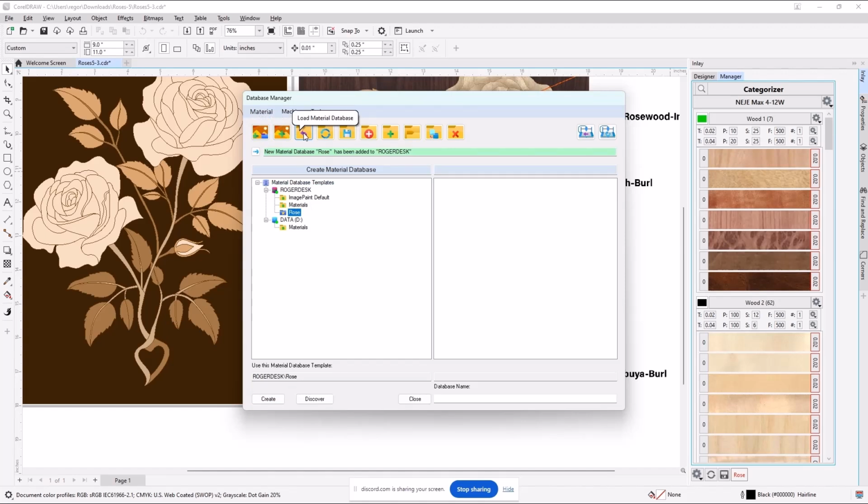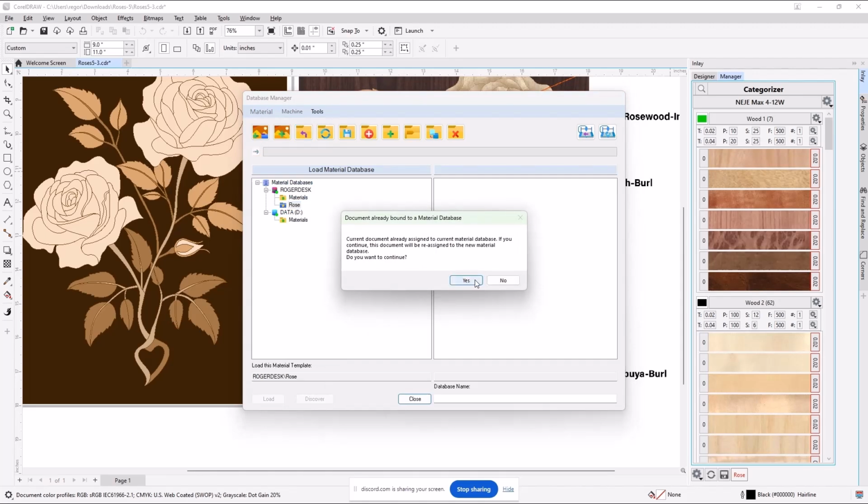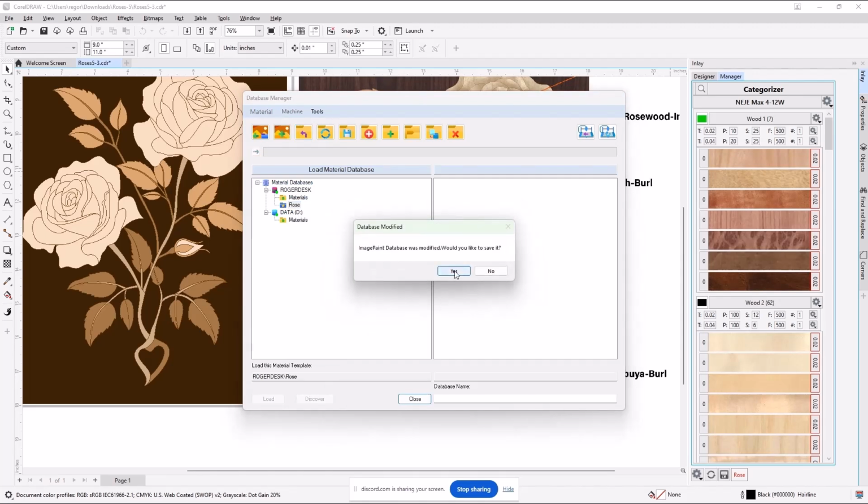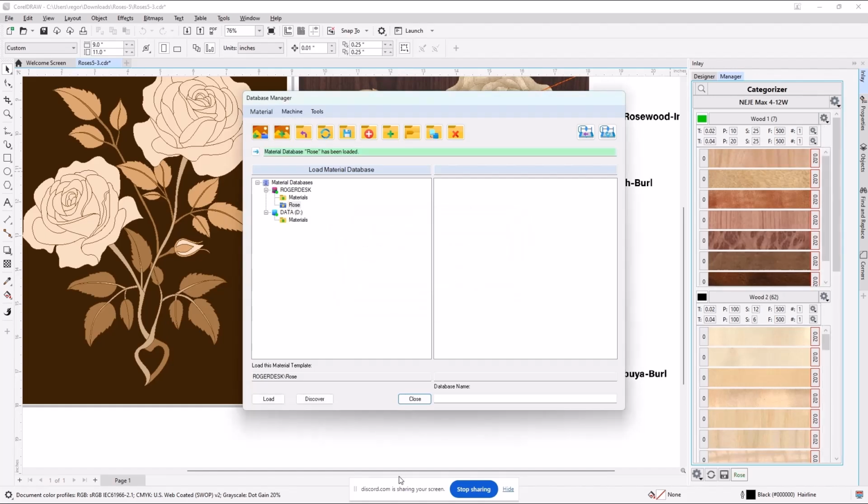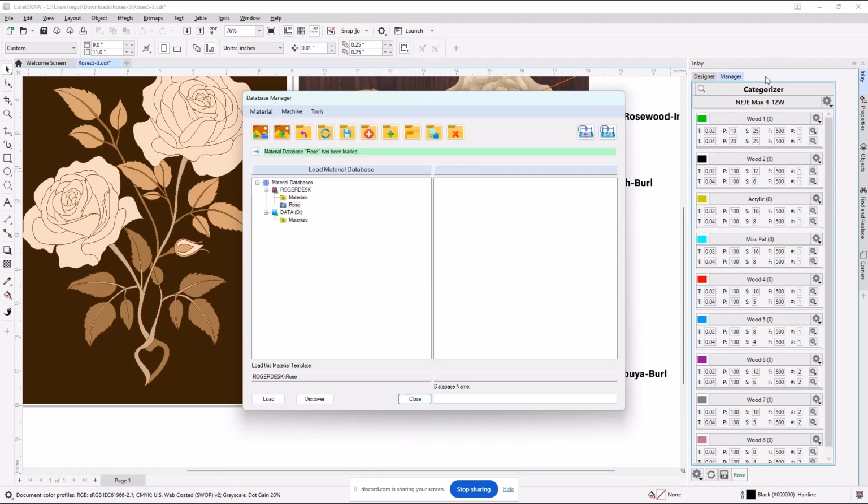So how many veneers do you think you'll find in my loaded material database? Only stuff I got in there is virtual. It's asking me, do you want to change this? Okay, so Rose is here. I have selected it and loaded it. If you'll notice over here on this screen, Rose has got not a zip. It defaulted to a machine I don't recognize, but it did create a library, it just doesn't have anything in it, which is kind of what you'd expect.